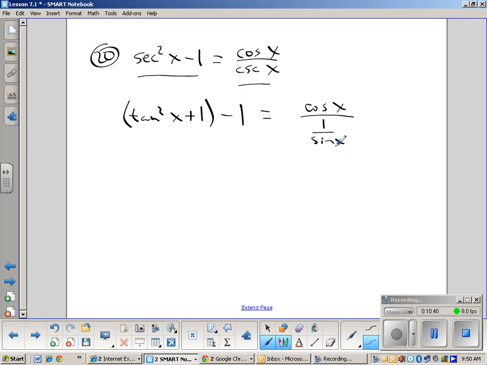No, they aren't, because all I'm doing is adding and subtracting here. I put them in originally just to show you where the secant squared was, and I replaced it with tangent squared plus 1. But they're really not important. So what happens to my plus 1 minus 1? They cancel out, so I'm left with tan squared x is equal to